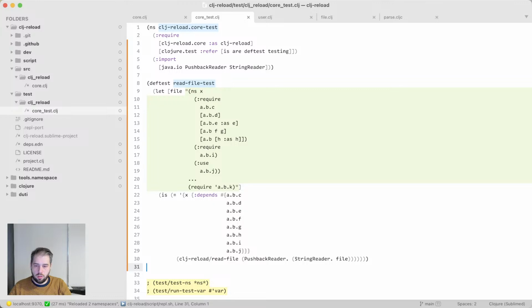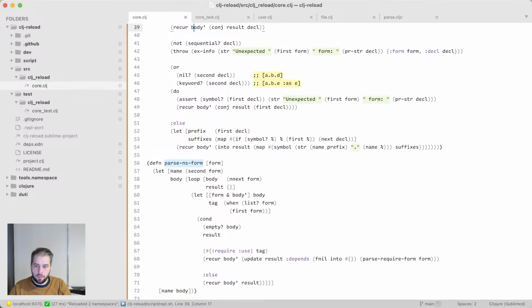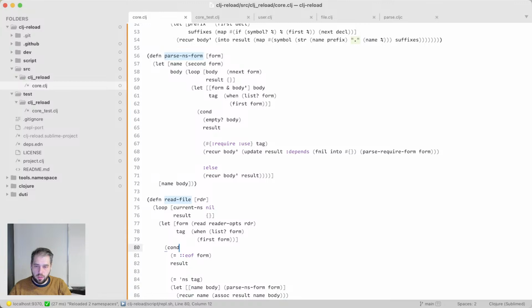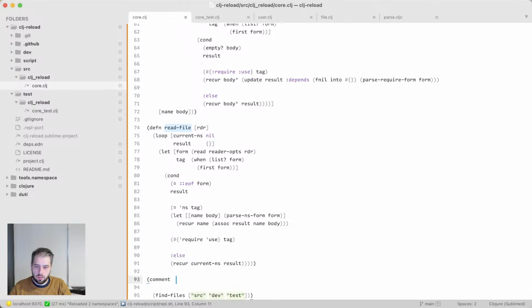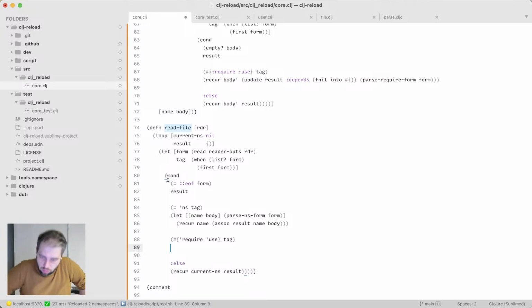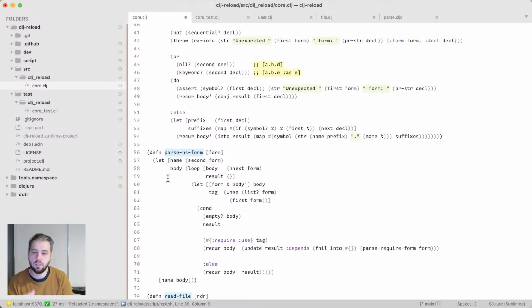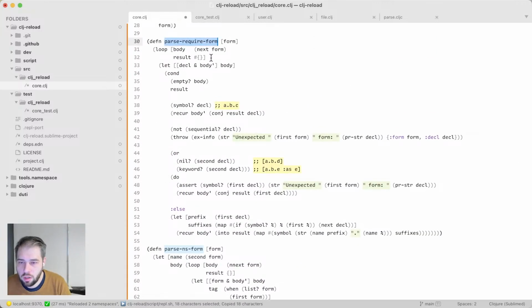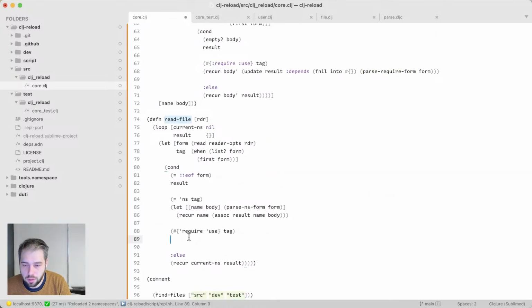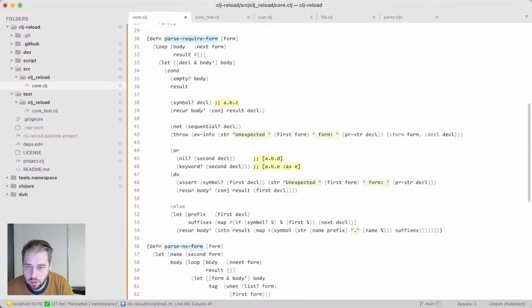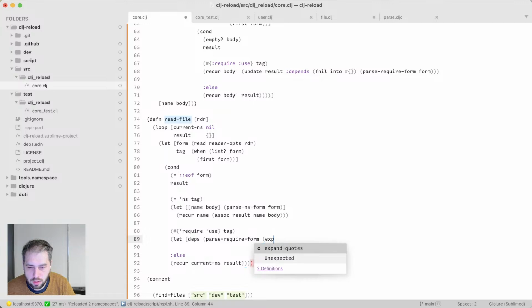Okay, so let's do this, right? If the form is either require or use, we can actually get the list of forms from here. Parse require form, but we need to unquote them. So let deps parse require, how to expand quotes. Expand quotes form